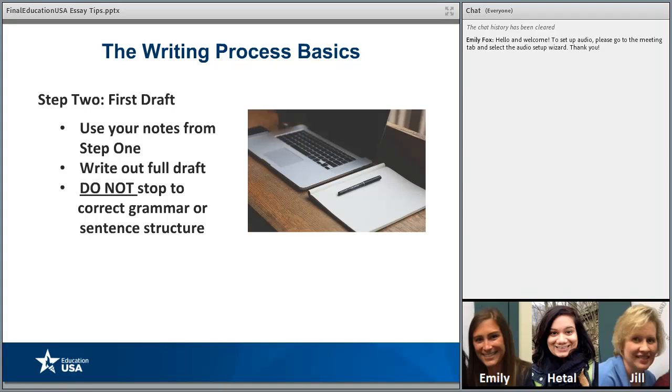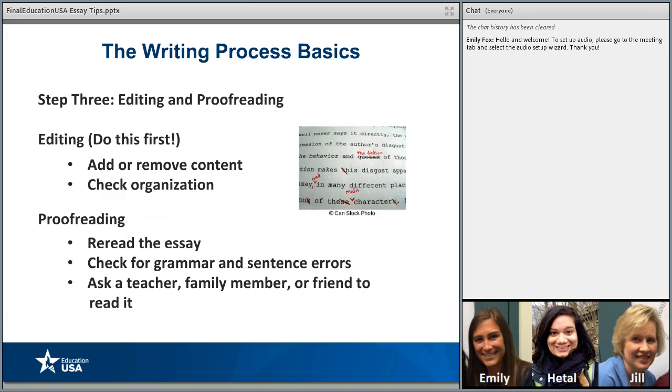You're writing out your essay, the full essay, and typically this is where we would stop and have them bring in their drafts and do a little workshop. And during the workshop, they are doing step three, and that is the editing and proofreading. This is my favorite step because this is where I already have all my ideas down and now I can tweak them and I can make them better, and I really like that. So for step three,